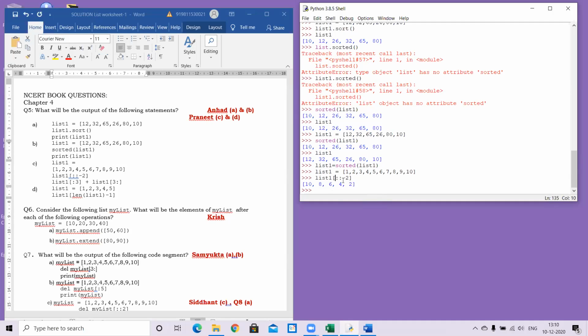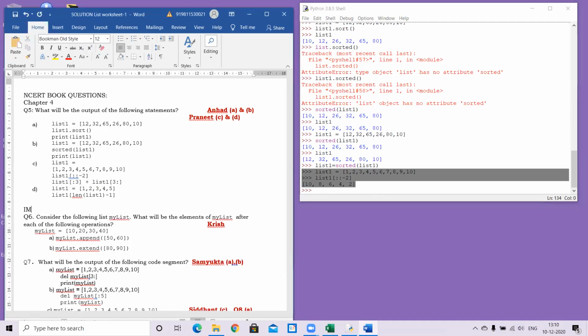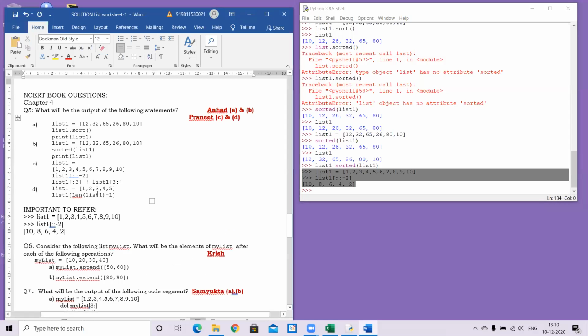If I say colon minus 2, or if I say colon colon minus 2, you'll get completely different answers. This is something which we need to really point out, so I am putting it here as important to refer to this particular output.